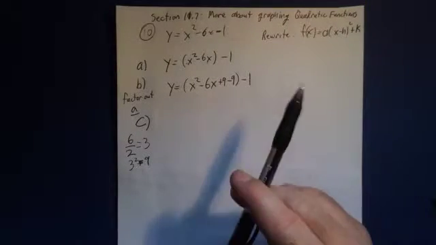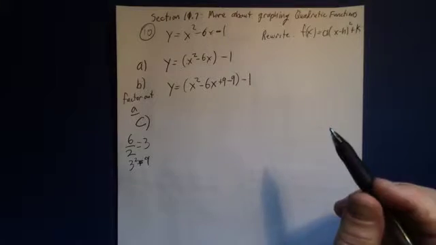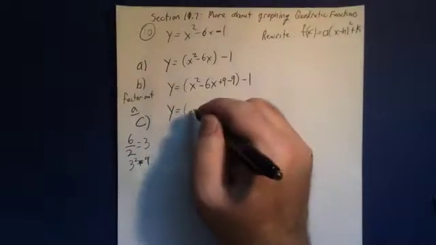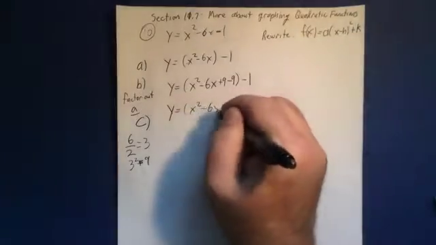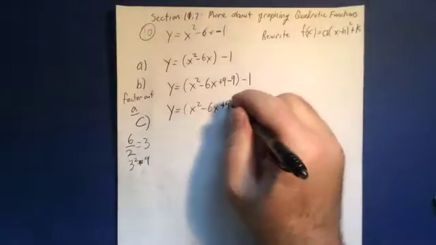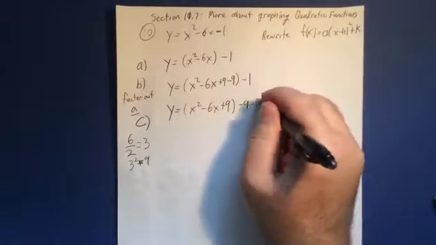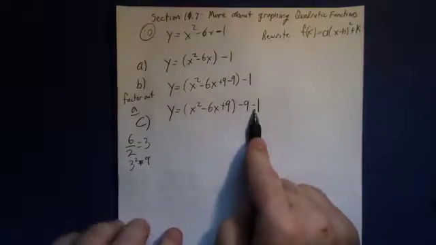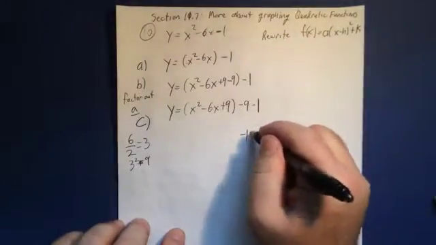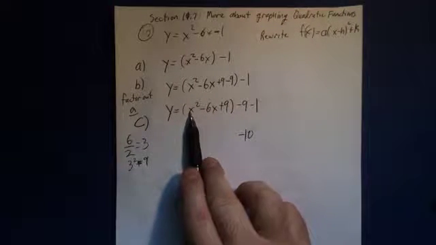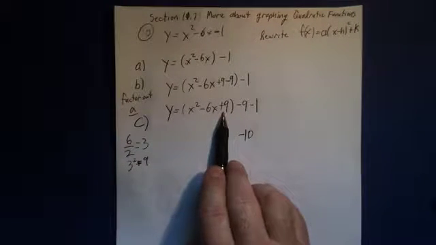But watch how I'm going to partition this off next. This is really important. So I'm going to take this value of x squared minus 6x plus 9, but I'm going to bring the negative 9 on the outside now. So I'm going to bring this negative 9 out here. And what I'm going to do is I'm going to put this negative 9 with this negative 1 to get negative 10. What I'm left with on the inside now, x squared minus 6x plus 9, is a perfect square trinomial, which